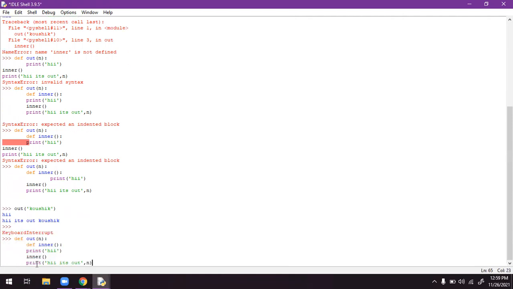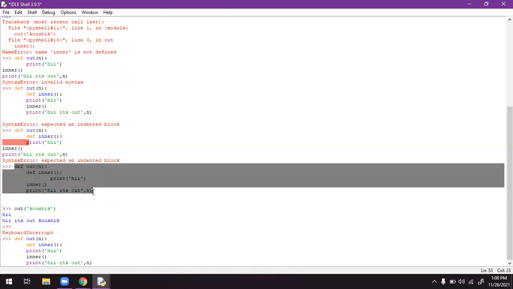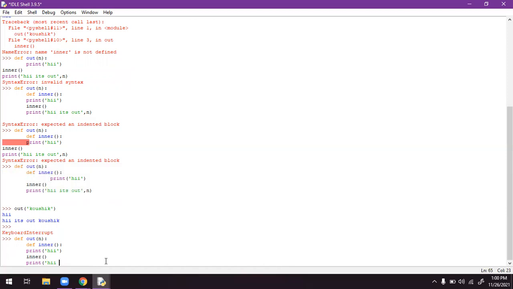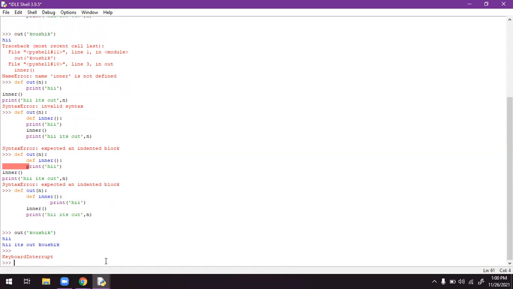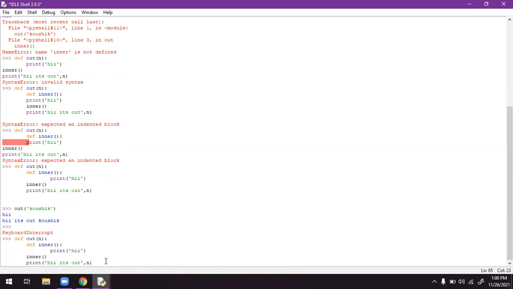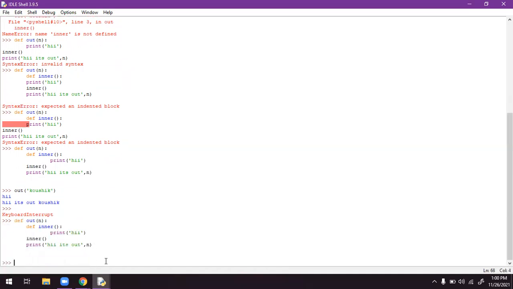Control V. Or else I will copy this, Control C. I erase this, Control V. So I'm running this program again. Out, some name. If I hit enter, what am I supposed to get?